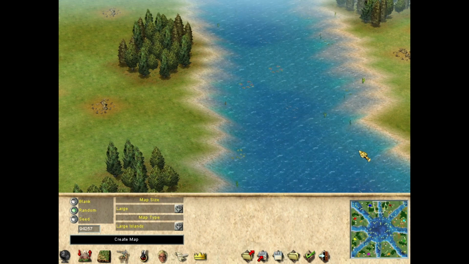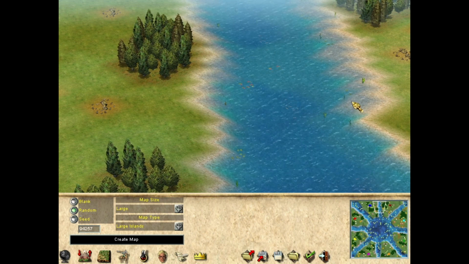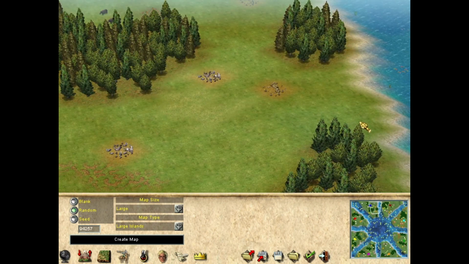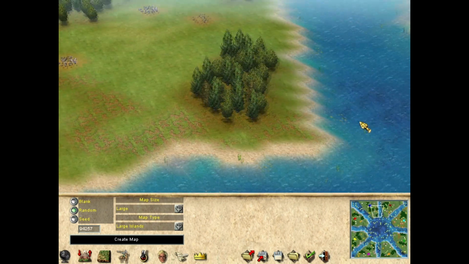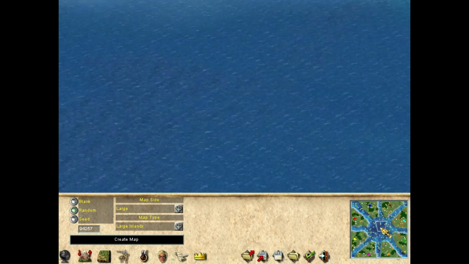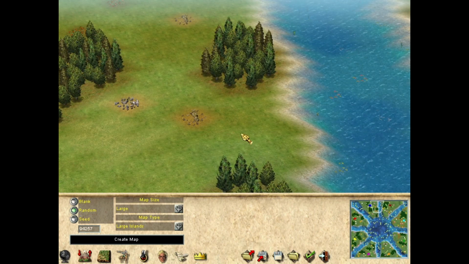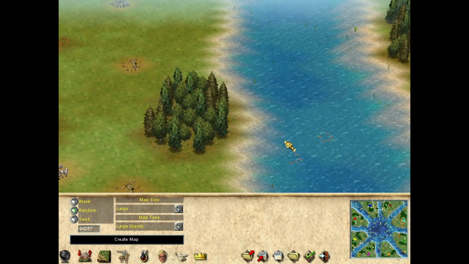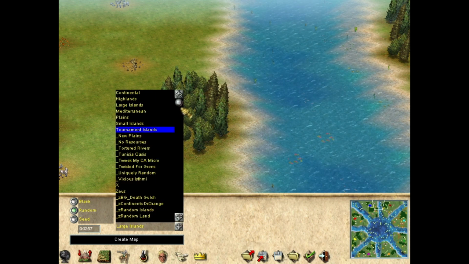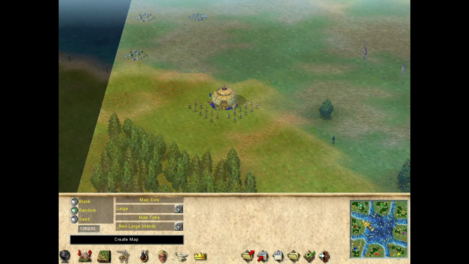So what usually happens in online games is that you will find teams and then you will start the game and people will pause immediately to just look at the map to see, is this a map you actually want to play? And very often people would discuss like, is this close enough to the shore that you can ask for a rematch or not? So what I did with the Neo Large Islands, again, is I altered it so you'll have resources